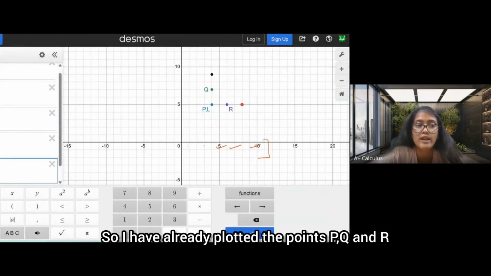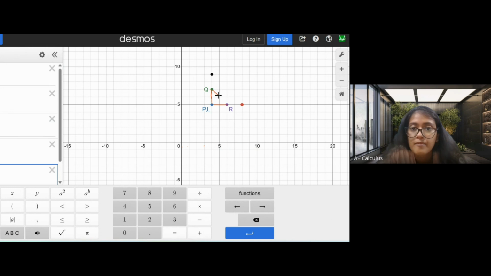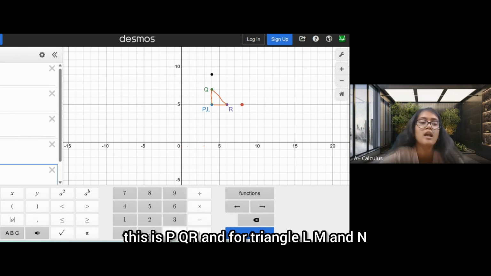So I have already plotted the points P, Q, and R. So you get this triangle. This is PQR. And for triangle LMN,